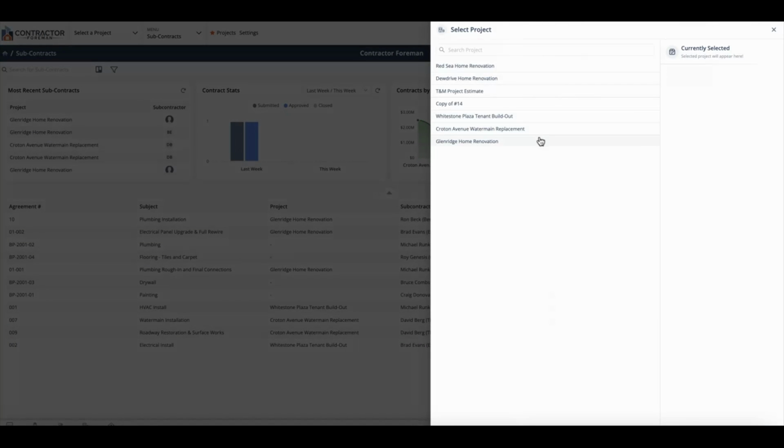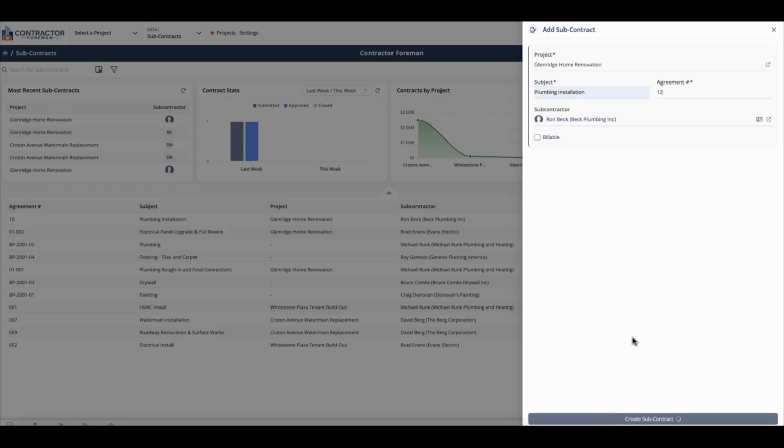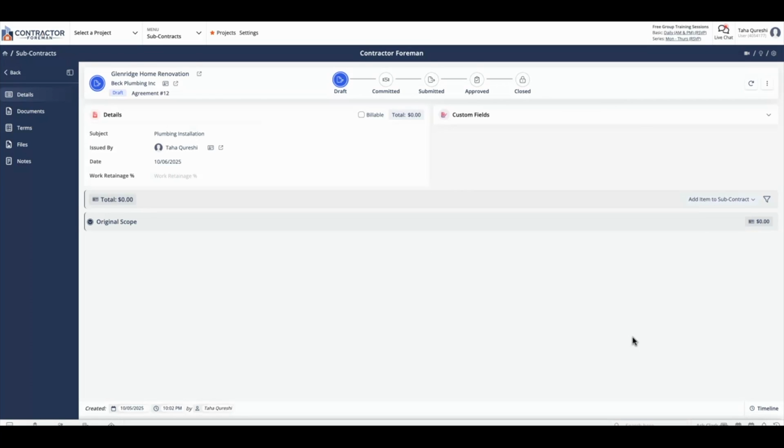We'll go ahead and click on the project that we want to work on, and for subject, we'll call it plumbing installation. For the agreement number, I'll put in 12, and for subcontractor, I'll go ahead and choose Ron Beck Plumbing. If you'd like to make the subcontract billable towards your client, you can click this on and make it billable as well, and we'll get into that later on in the video. So with that, we'll go ahead and click on Create Subcontract,